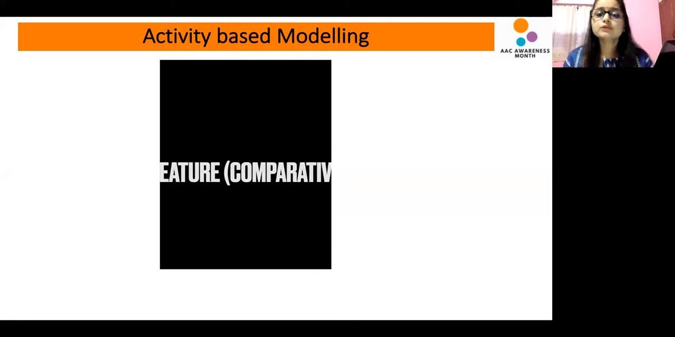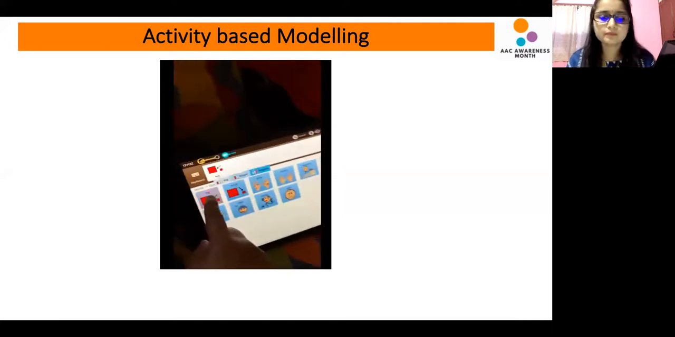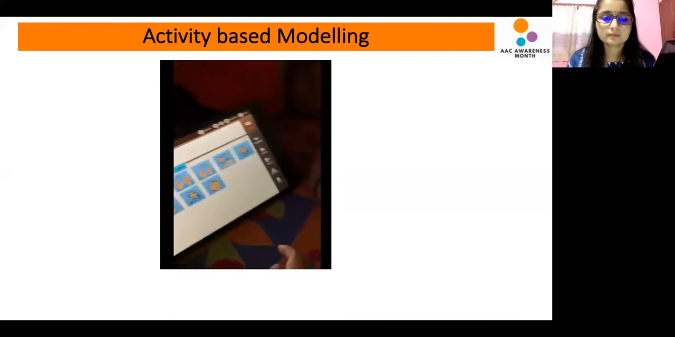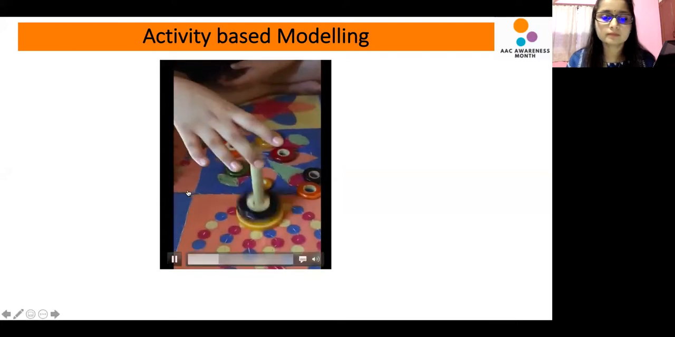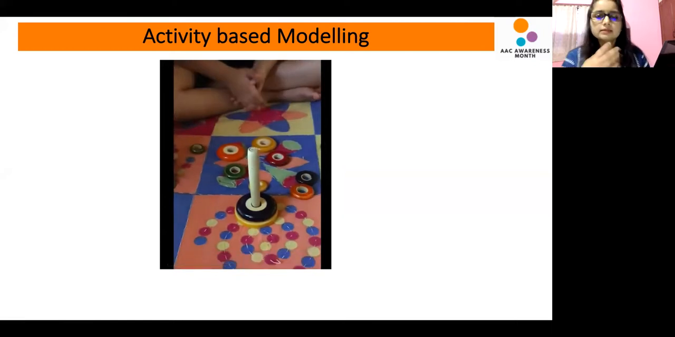So expansion also involves adding grammatical features to modeling. Big. Biggest. Let's find biggest. The biggest ring. Yes, that's the biggest. So if your child already knows the word big, you can incorporate bigger, biggest, comparative, and superlative aspects of the